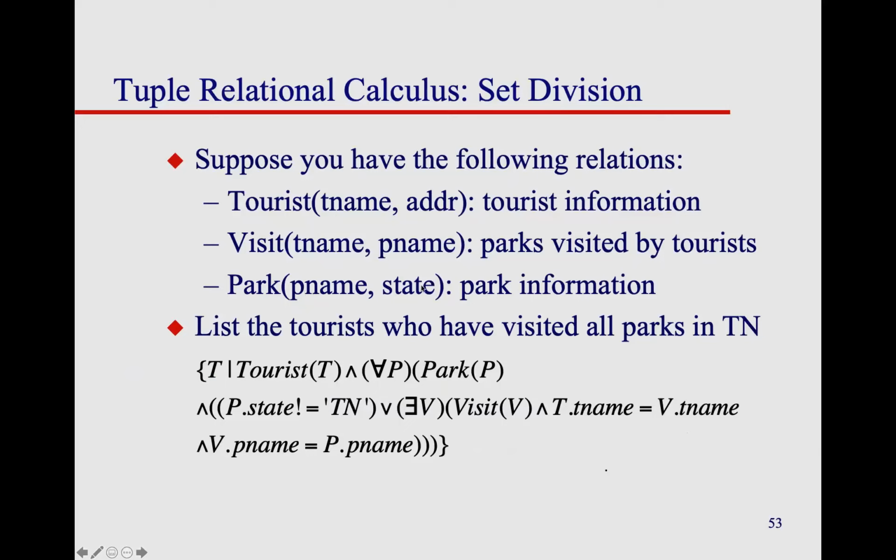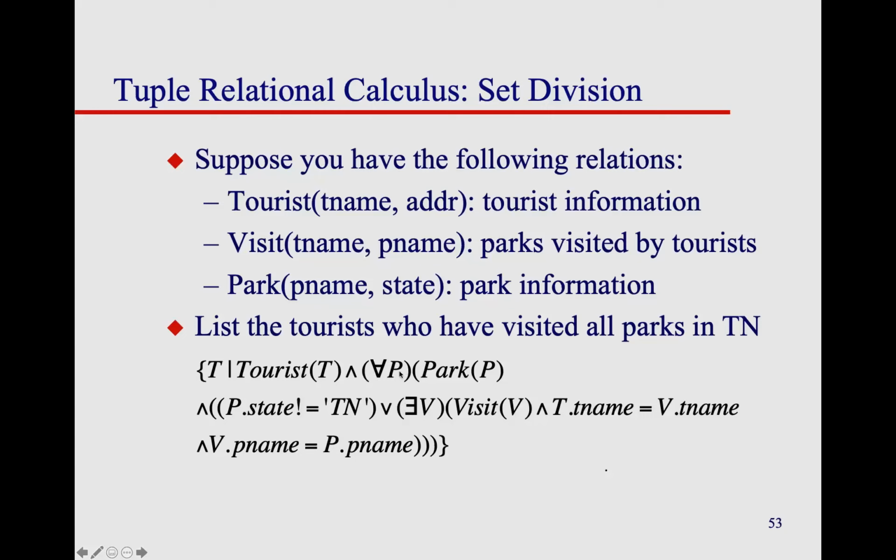And this actually includes information about parks, not just in Tennessee, but any state in the country. And then a visit relation that gives the name of a tourist and the park they visited. So now we want to list the tourists who have visited all parks in Tennessee. So what we're going to do is let T range over each tuple in tourist. And then the and is going to give us a predicate that checks whether that tourist has visited all parks in